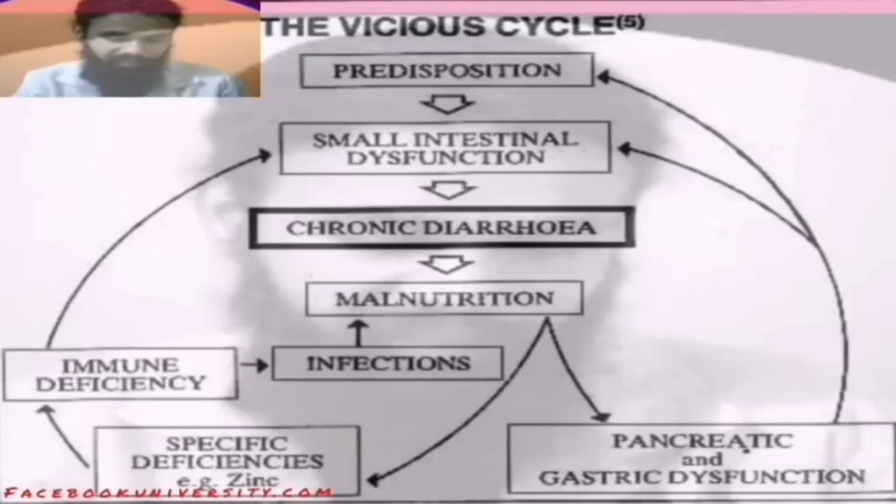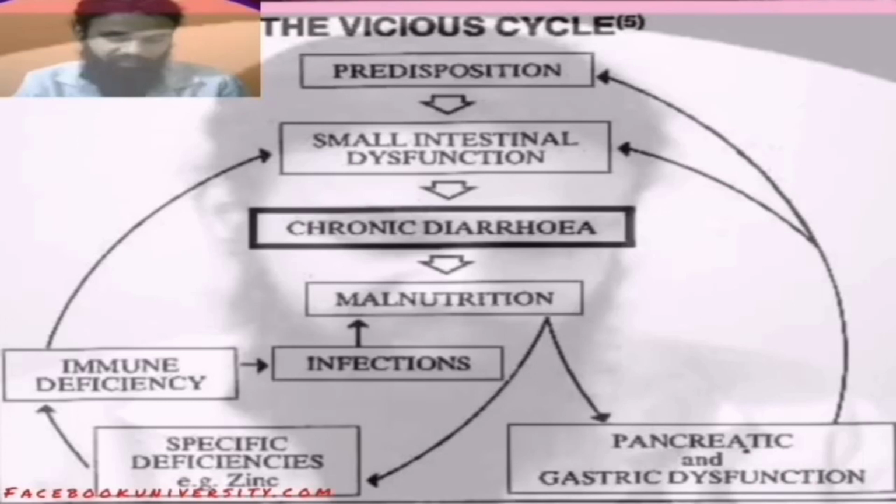So the vicious cycle. Predisposition: a small intestinal dysfunction. This will lead to chronic diarrhea, and hence malnutrition. And malnutrition leads to pancreatic and gastric dysfunction, and it will also lead to specific deficiencies like zinc, iron, etc., and other micronutrients and macronutrients. And due to deficiency of these nutrients, this will lead to immune deficiency,